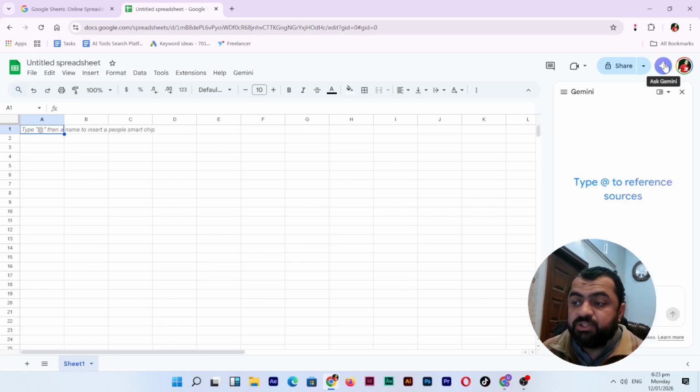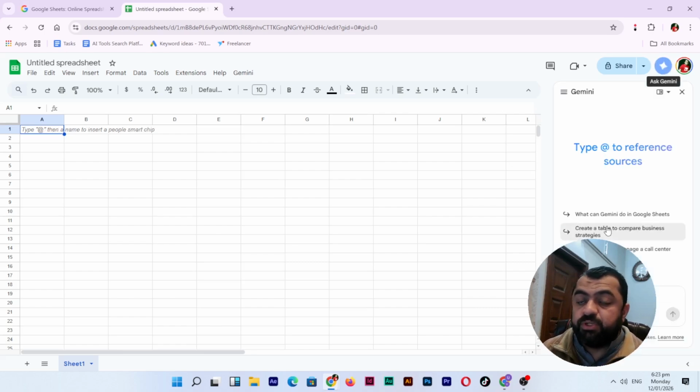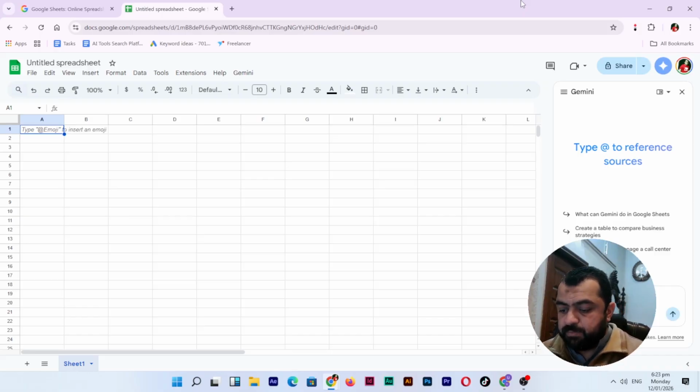When we click on this, you can see a few examples of prompts and reference sources, like create a table to compare business strategies, or create a table to manage a call center. So we will ask Gemini, for instance, to